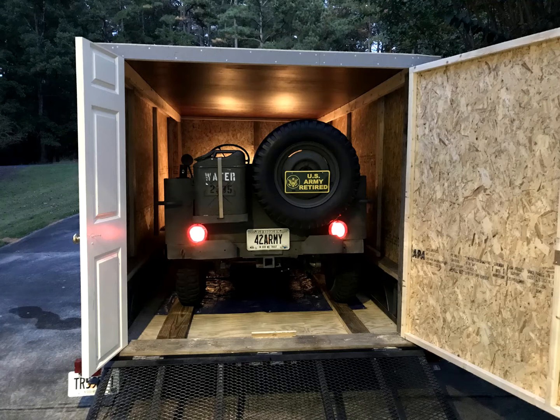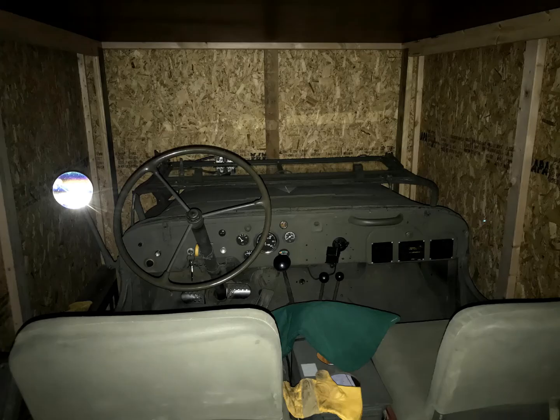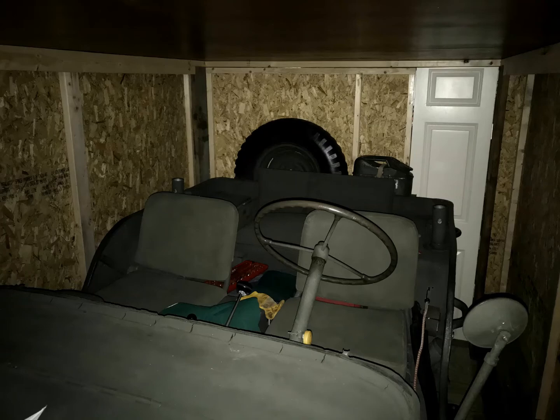You can see the 2x6s that the Jeep rides on inside the trailer to help distribute the weight. Here's a shot of the front, and here's one towards the back when you are inside the trailer. It's easy to see there's not much wiggle room in the front or the rear, but it fits, and that's